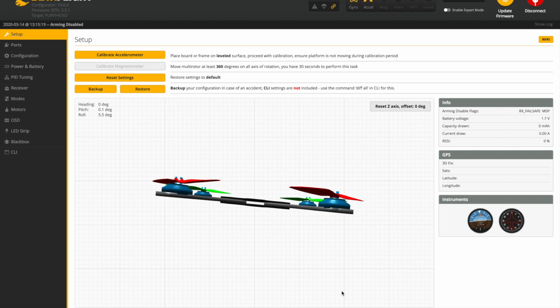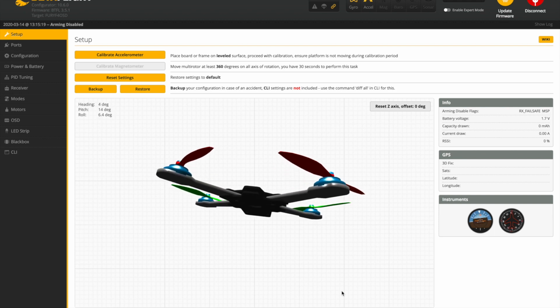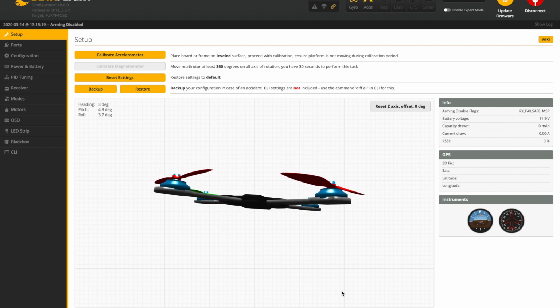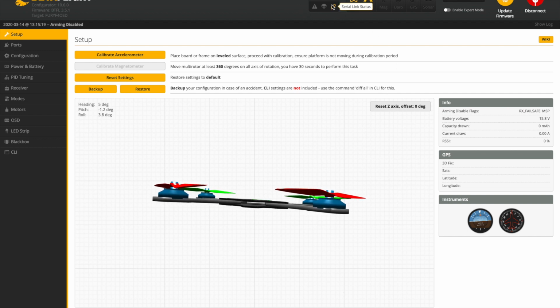In order to bind our drone to our transmitter, first it has to be plugged into the battery. So we'll do that right now. And you can hear the two beeps that say it has been bound, and you can see that over here we have a battery connected. So once we do that and it's bound,